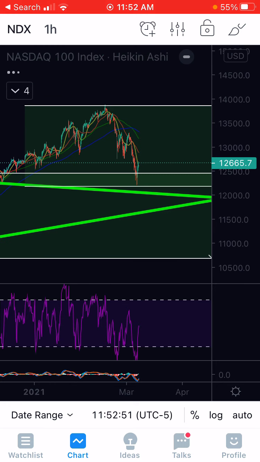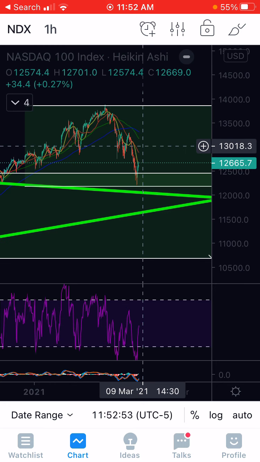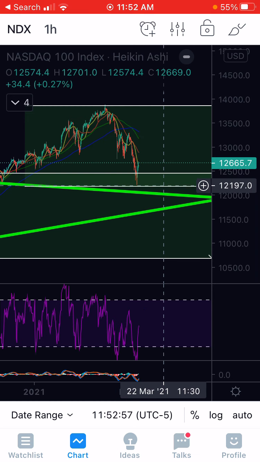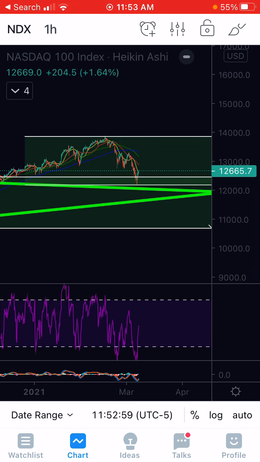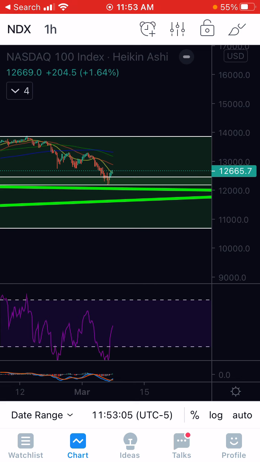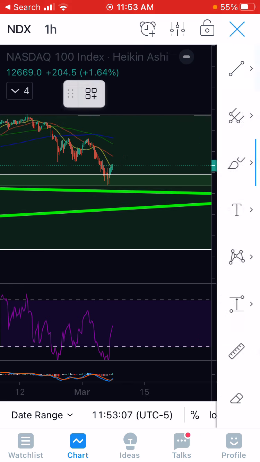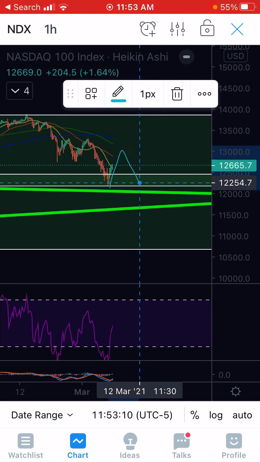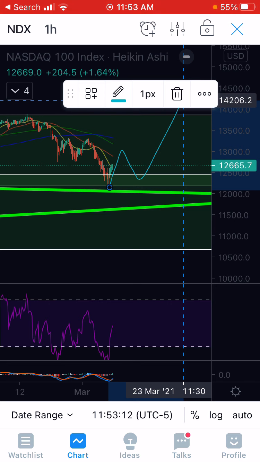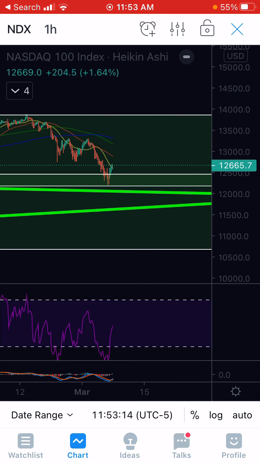It could be a nice green day, midday or in the morning, followed by red midday. Or we could have a nice green day overall, followed by more red the following day, which would lead to a nice green day on Wednesday, which is right when the stimulus is supposed to get passed. So that's kind of what we're looking for, something like that to occur.